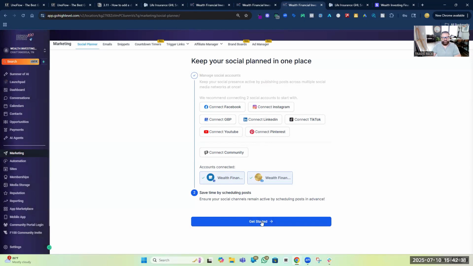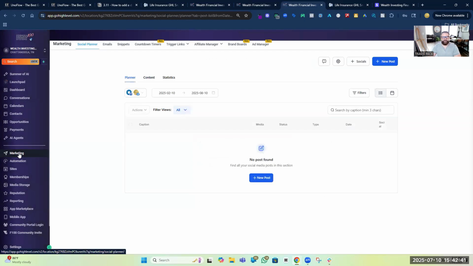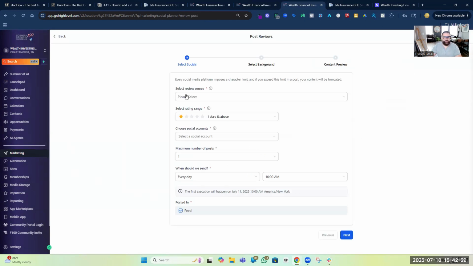So both of those accounts are connected inside of the marketing. And right up here, there's a new post feature. And if you scroll down, you'll see where it says post reviews. What this will do is, if you put all of your posts on Google, so every single post, all of your review links go only to Google, and if you select at least 4 stars and above, maybe 5, depending on what you are, then you'll be able